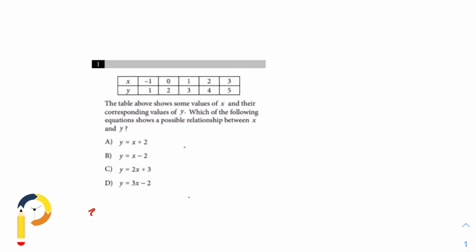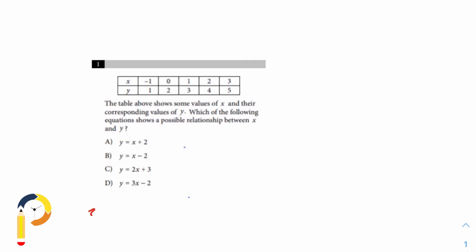Now the good way to solve this question is to choose a number from the table and plug it into the answer choices. That is a good effort, and that will give you the answer also. But sometimes, if you take an easy number, suppose you are taking -1, the first number there, it may give you 2 answer choices correct. Then you need to put in the effort again. So it's always better to take the extreme numbers for the plug in.